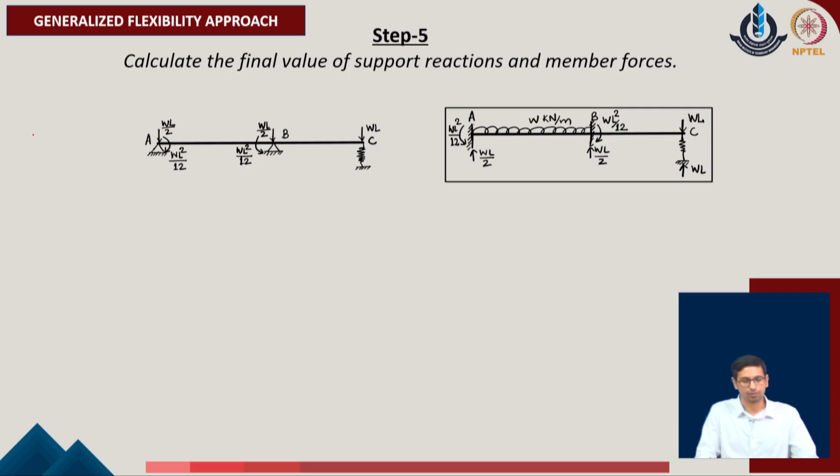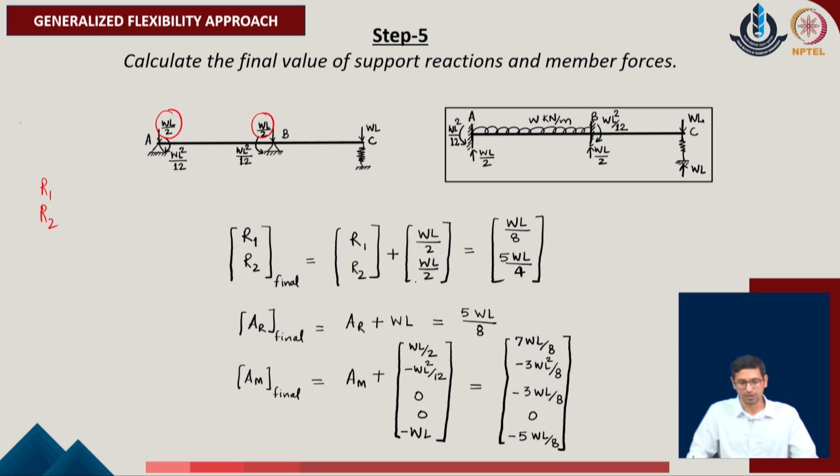In the reaction system which was evaluating the values of R 1 and R 2, we have not added up to now the system of W L by 2 and W L by 2, which are active in the direction of both the reactions. So, we add this part in the given process. As these loads are downward, the component will be added in the positive manner. One can also add this component with respect to minus of A of R 1 which we did earlier, and this will give us the final value of the support reactions which will be available in the given problem.